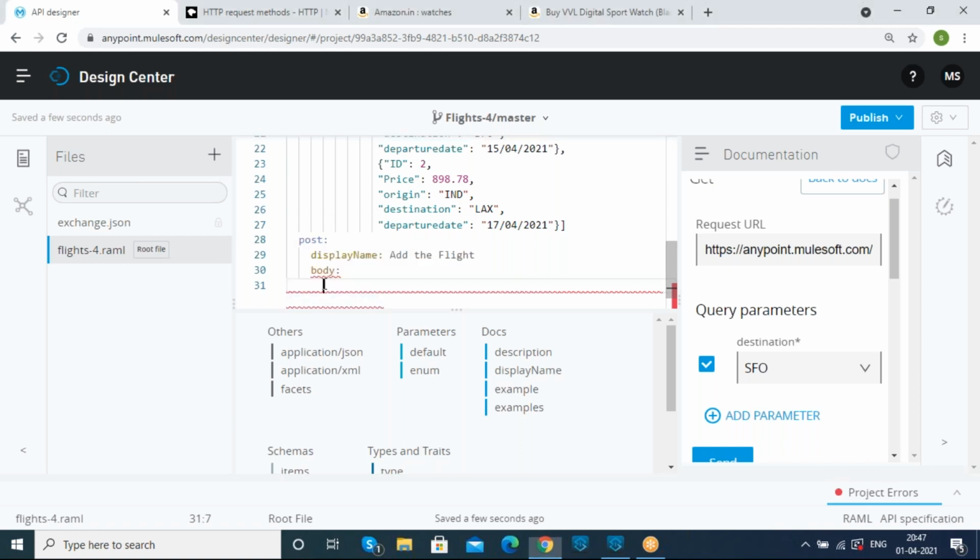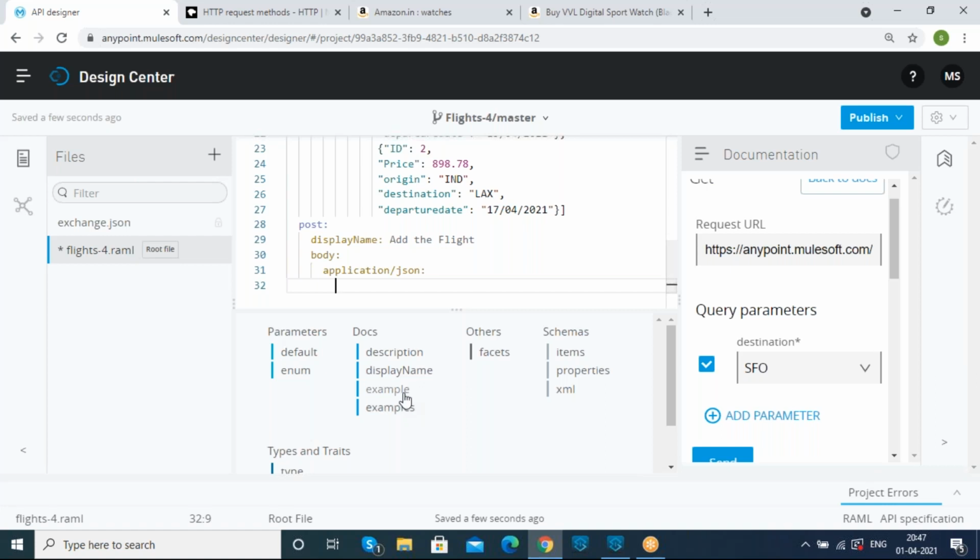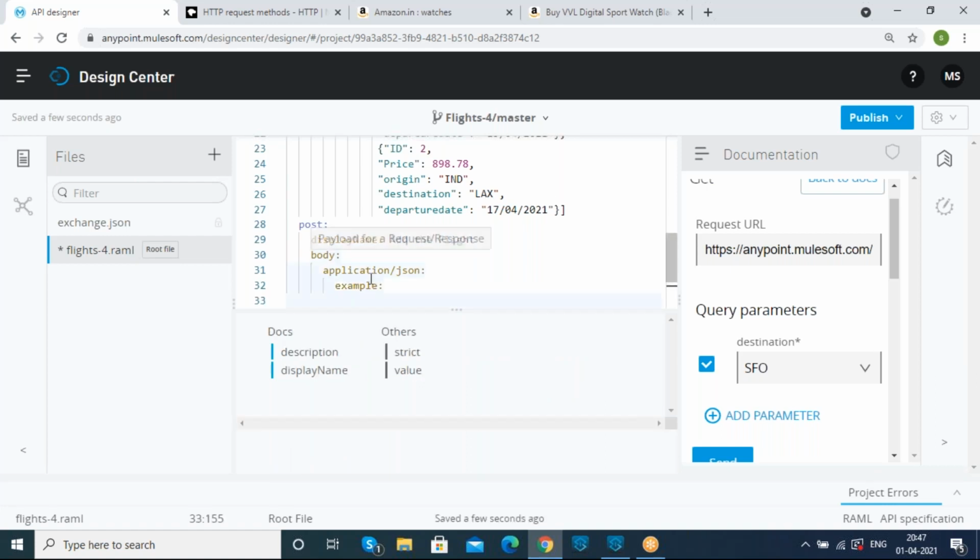So here, since we are getting a body part, I just want to display the ID in the application JSON format as an example. Why do I want to display it in the application JSON format, not in XML? Because, as I said yesterday, the application JSON format is a human readable language. And when compared with the XML format, the JSON format is lightweight, maintainable, and scalable. That is the reason we are doing it in the application JSON format over here.